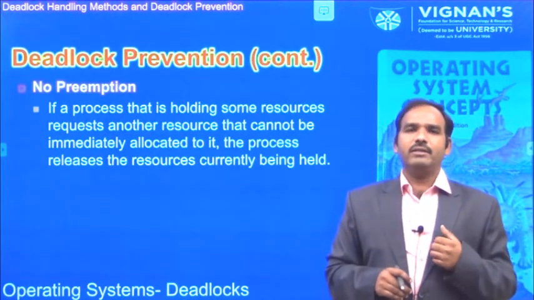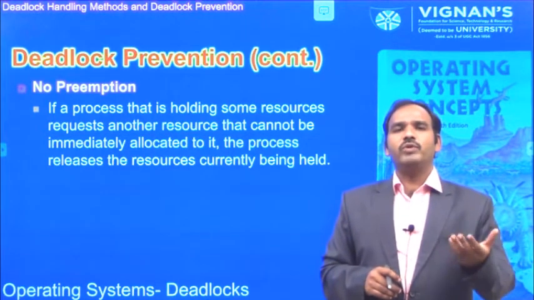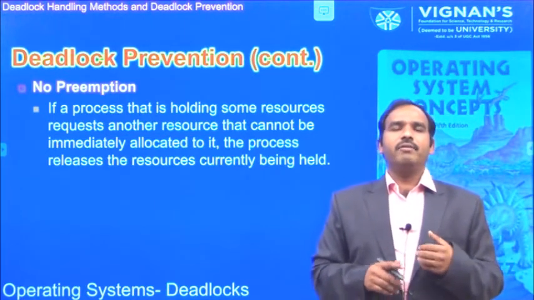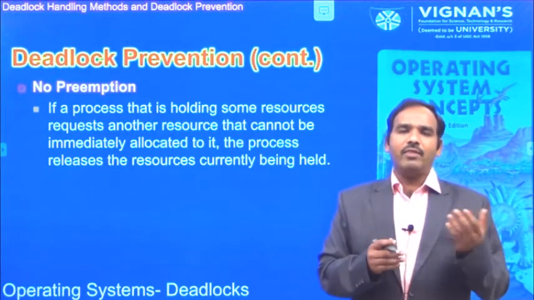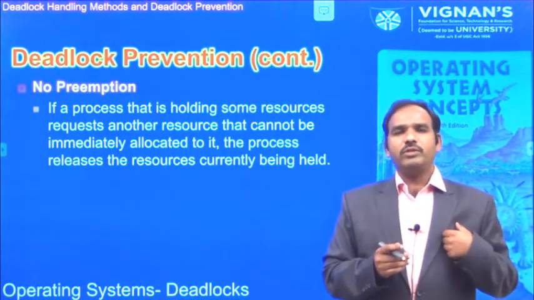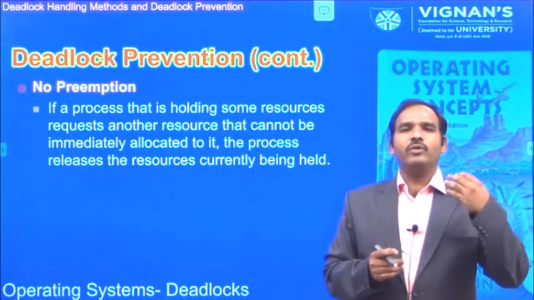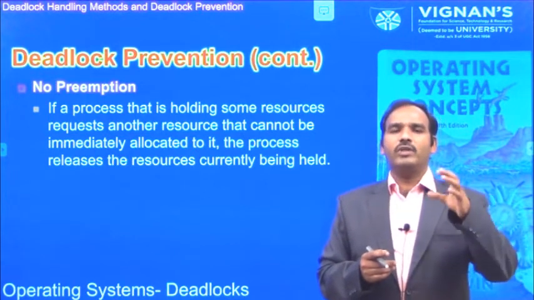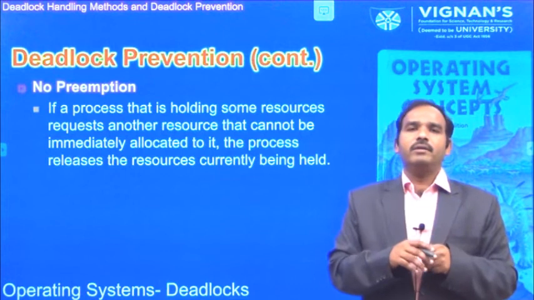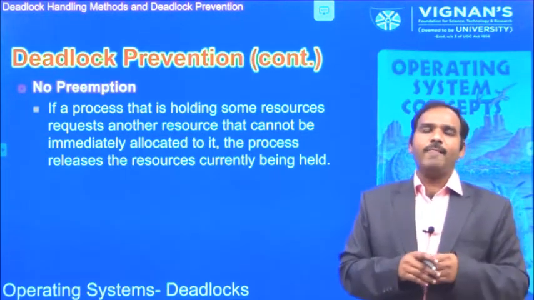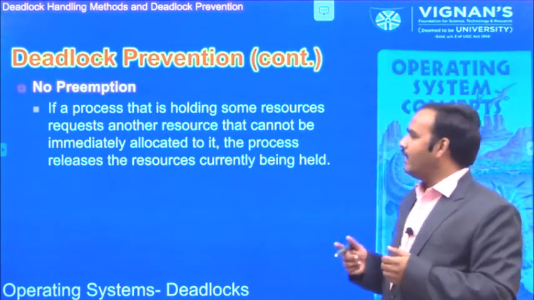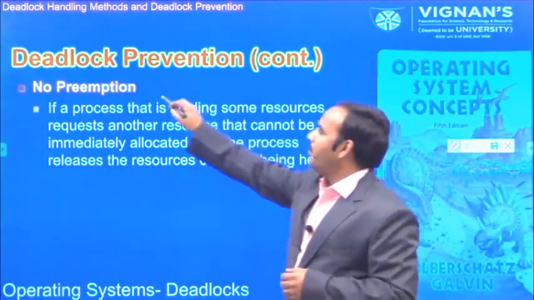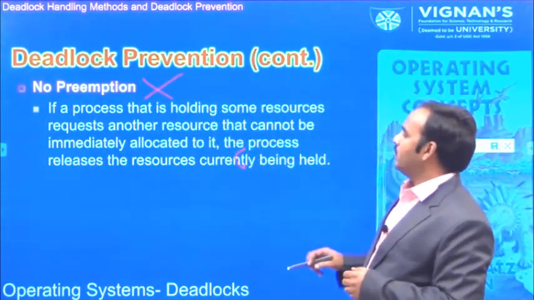This is the condition. Whatever resource we preempt, that process will be rolled back to the previous state. Every time we are rolling back some processes, otherwise we are preempting those resources from the process and assigning those preempted resources as requesting resources to that process. It is a difficult process. It is impossible to implement in the system. Finally, we can say no preemption is also not possible to implement.